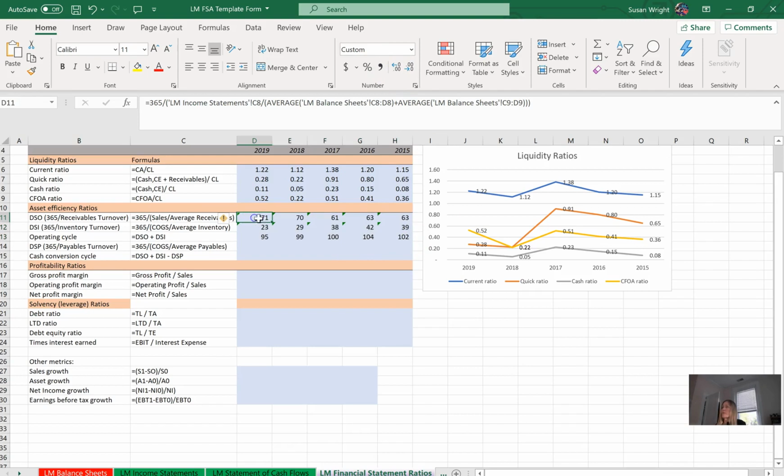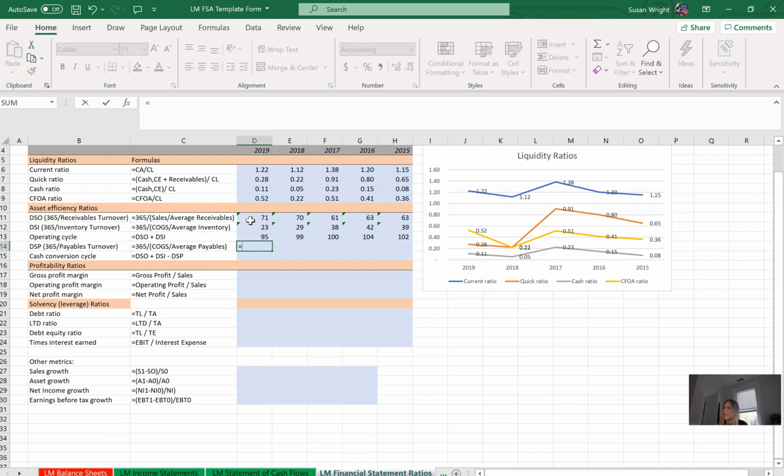So let them round to whatever the nearest day is. So it takes 71 days to collect our receivables. In the most recent year, it takes 23 days before that inventory is in the customer's hands, which is pretty good for them. That means it takes about 95 days for them to get cash in Lockheed Martin's pocket, from the number of days it takes in the inventory and the number of days it takes to collect. However, some of that's not paid for yet, so you got to make this additional calculation